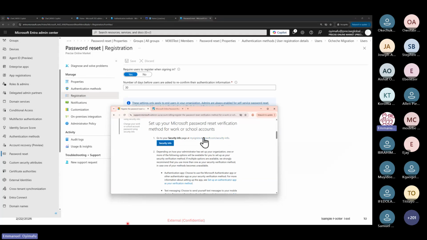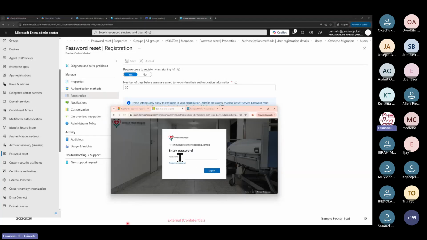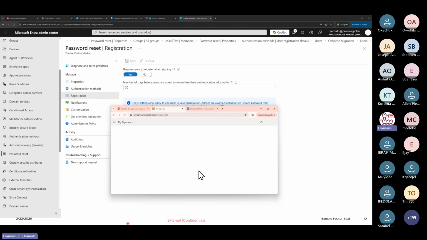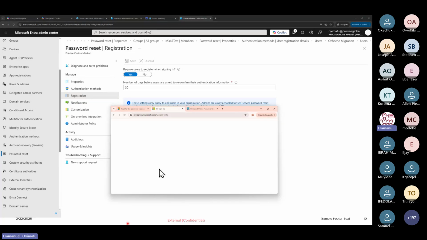Let's go to my sign-ins. Then I'll select Itoje. Since I know the password, I'll just put it. For now, I'll put it, because to use SSPR, you need to confirm all the registration methods. It has to be set up before you'll be able to use it. So these are the things you will face in your lab. So once you face it, don't get overwhelmed. At least that's why we are facing the challenge together.